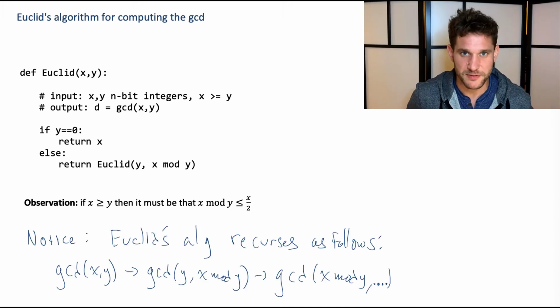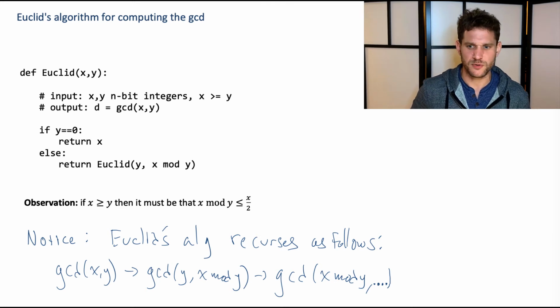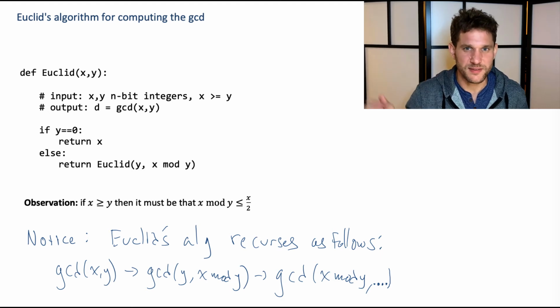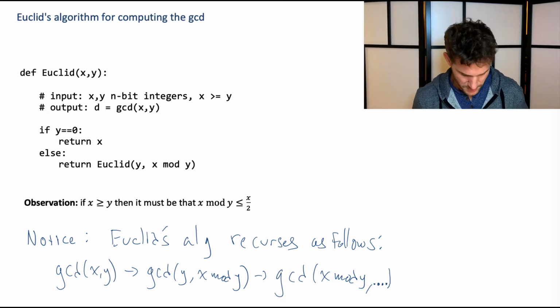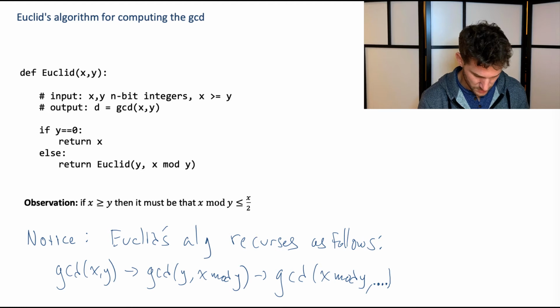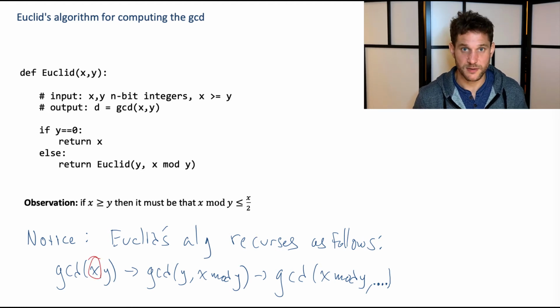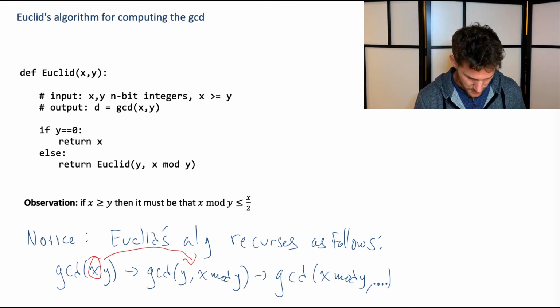Let's just think about what happens to the inputs to Euclid's algorithm after two steps of this recursion. First, you've got inputs x and y, where x is bigger than y. You then converted that into inputs y and x mod y. And then after a second iteration, the first input was going to be x mod y and then something else. I don't care about that second term. But you'll notice that the first term, x, which is the larger of the two inputs, went to y,